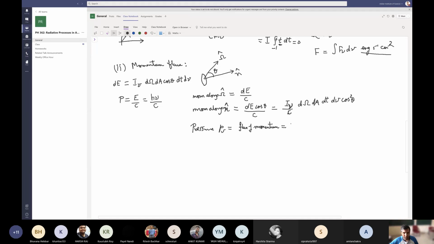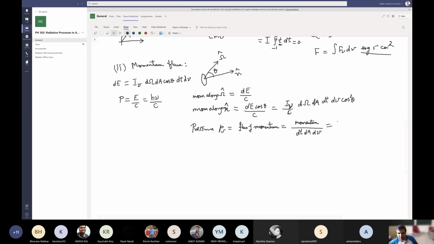So for flux of momentum, which is nothing but momentum along n hat divided by per unit time, per unit area, per unit frequency. That's the flux, right? Flux is per unit area, per unit time, per unit frequency. If you're interested in P nu, you can integrate over nu and get P, like we went from F nu to F. So when we do this integral,